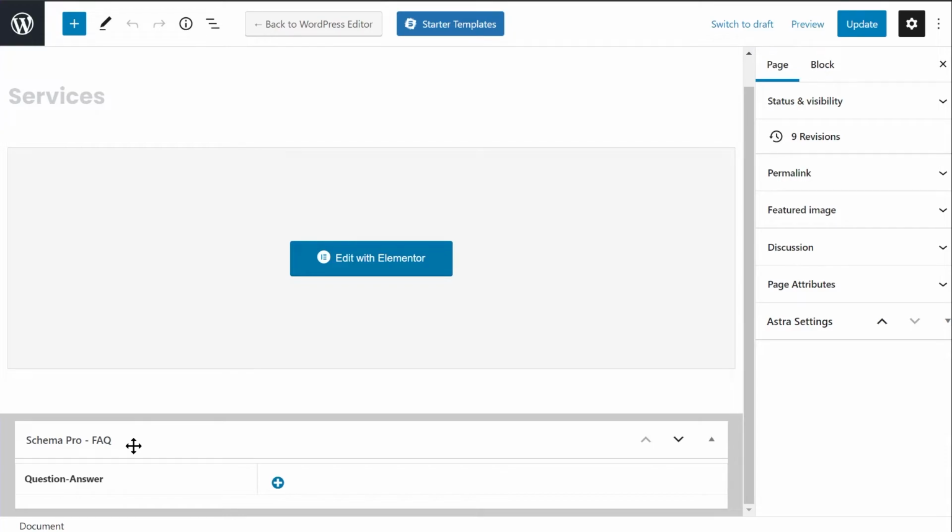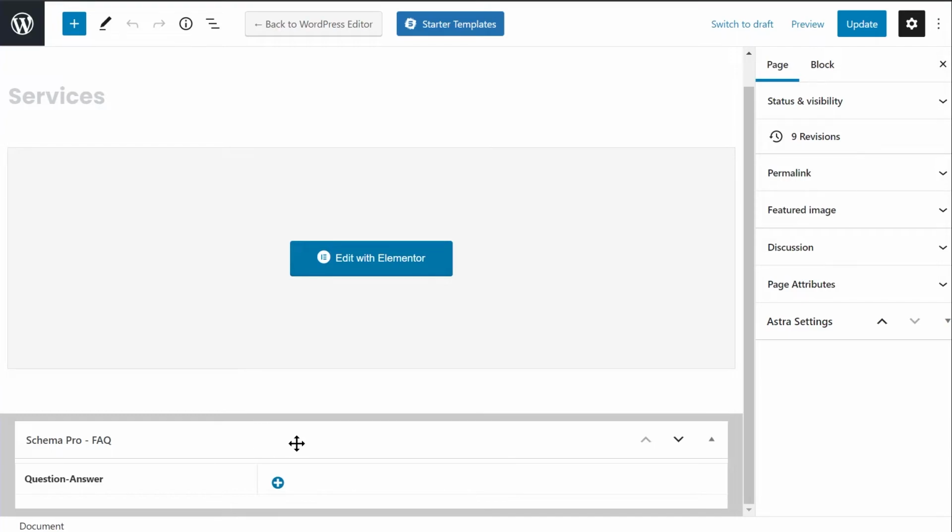Now technically, if you have multiple types of schema on the page, or if you configure a variety of schema to appear on the same page, you will see a bunch of tabs here. For example, you might have a single page with the video schema, you might have the article schema on there, you might also have the product review schema or the review schema, and you also might have the FAQ schema. So if you add all those schemas together to a single page, you will see configuration options in a single tab. So right now, since we are adding the FAQ schema, or I just configured one schema for demonstration, I have the FAQ schema configuration.